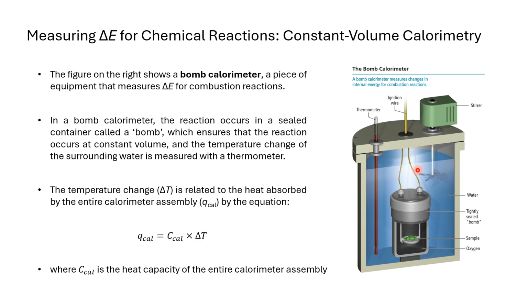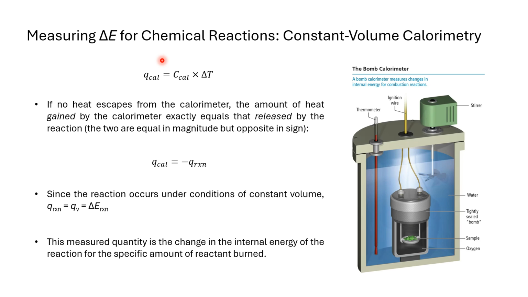And the change in temperature is associated with the change in temperature of the water. So remember, the whole point of calorimetry is you're trying to observe a change in temperature of the surroundings. The surroundings are the water and the bomb calorimeter itself. With that in mind, this is how we can calculate the heat absorbed by the calorimeter from the reaction that was run. This reaction produced a certain amount of heat, and the calorimeter absorbed that heat, and we can calculate how much heat was absorbed by the calorimeter